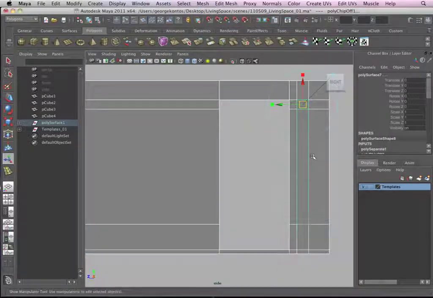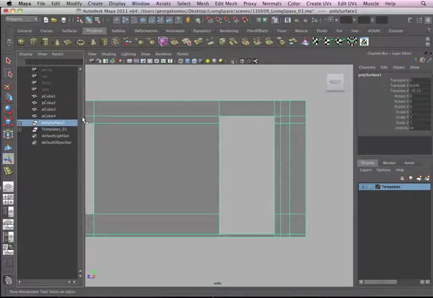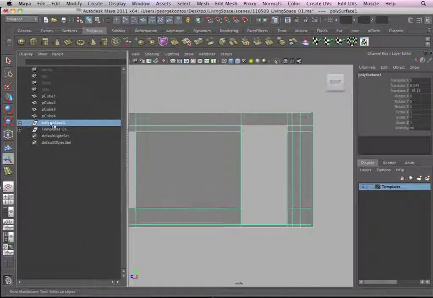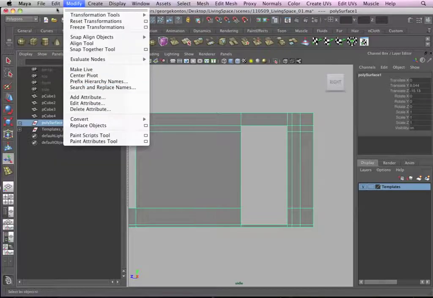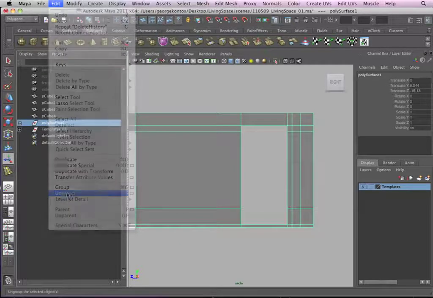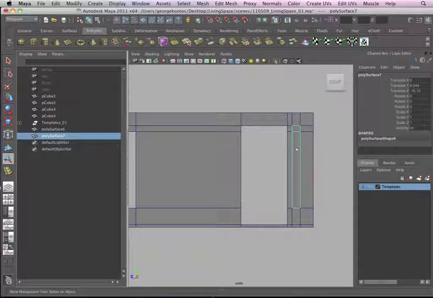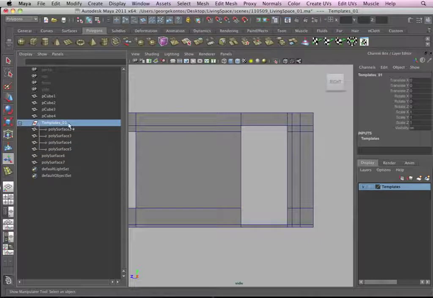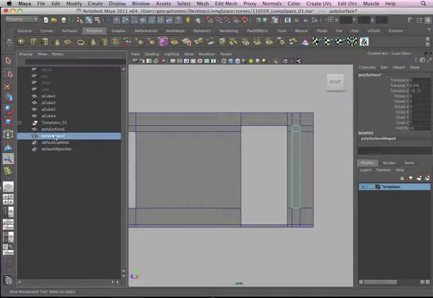and do the same. Look at the outliner, select everything, delete history, delete by type history, ungroup, and let's get this poly surface here. And how can we manually put it into the other group? That's a very good way to manually drop something into a group. You go to the outliner, and you want to put this guy into the templates group. Select this guy, which is the extracted little window, hold down